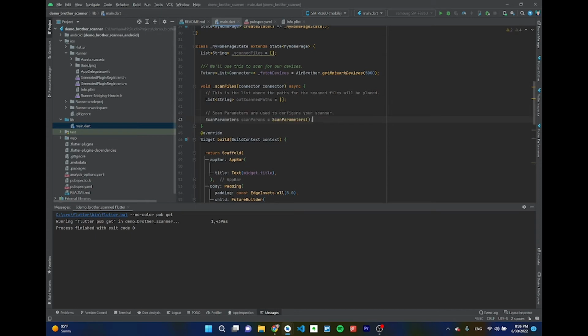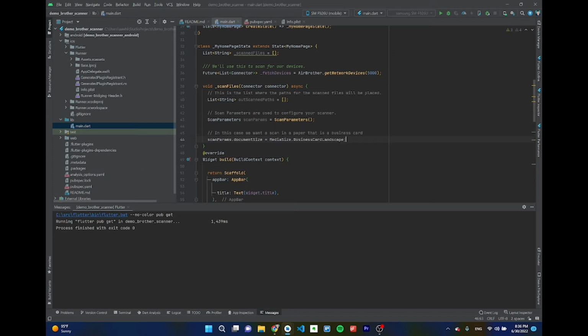Next we should configure any settings we want to set for the scanner, for example the paper size of what we are scanning. Since I'll demonstrate using a business card, I'll set the document size to a media size of business card landscape. Now all that's left to do is actually initiate the scan by awaiting the command connector.performScan,